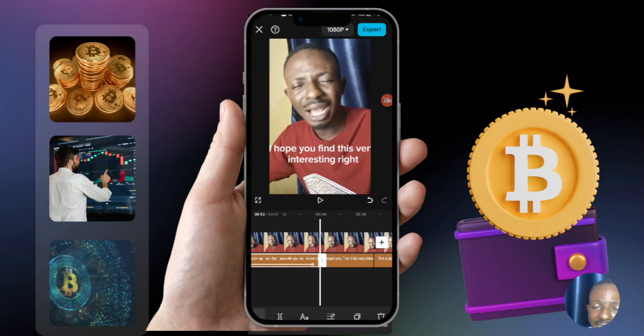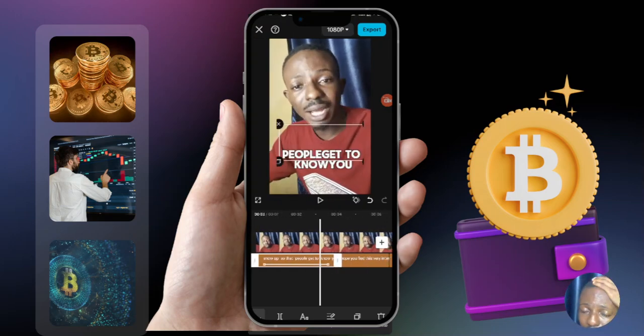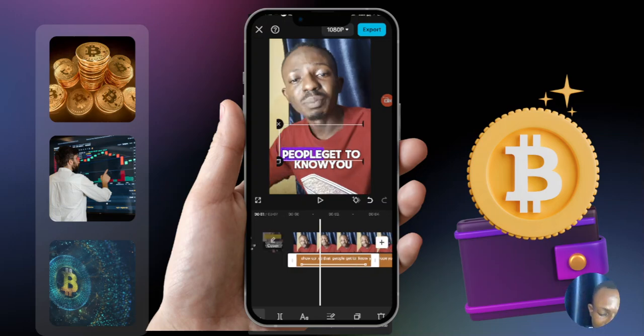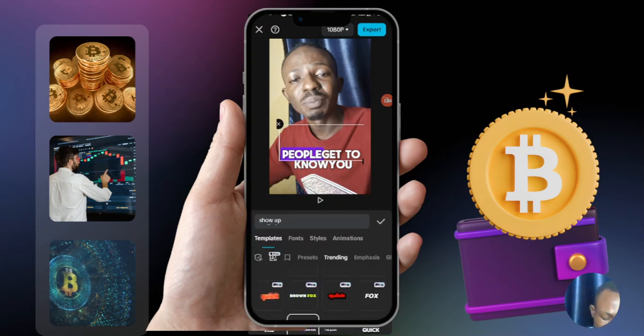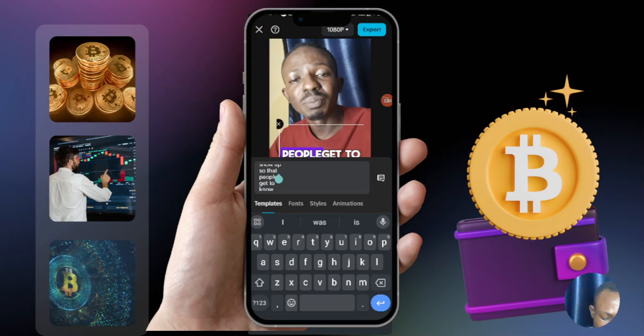After editing the first part, you can see it's not applicable to the second part because I only edited the first part. Now I can decide to apply everything to the rest. So I will double tap it, and after double tapping it, the moment I click on what I want to edit,